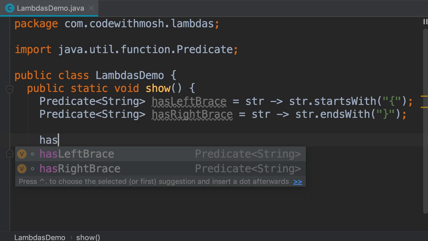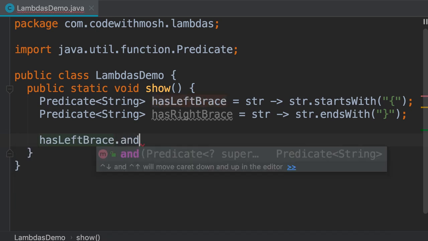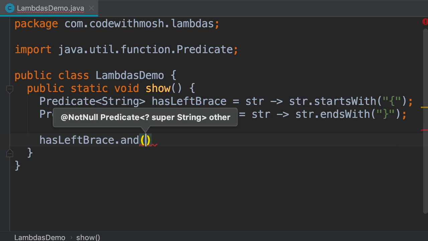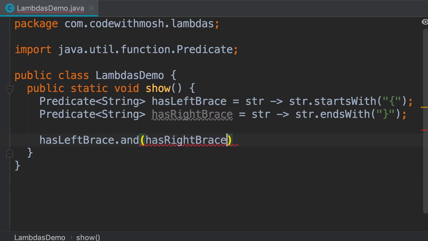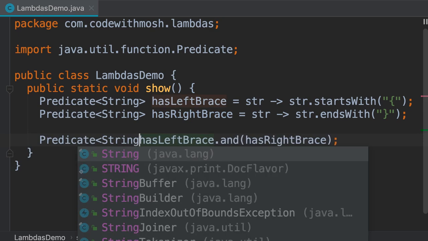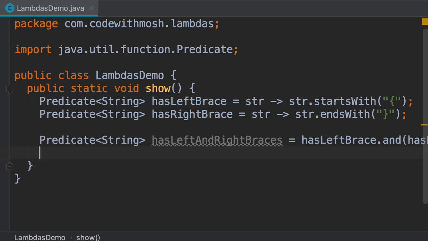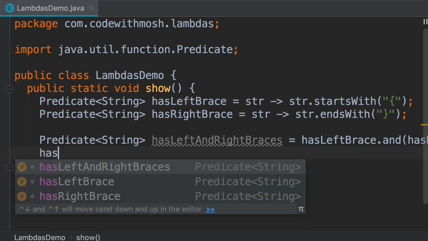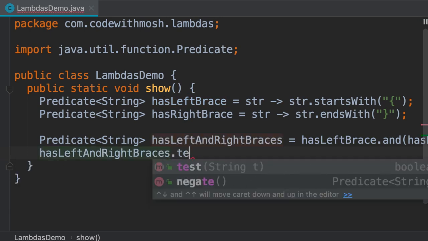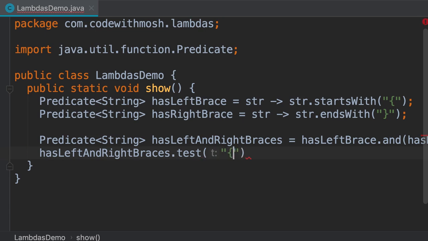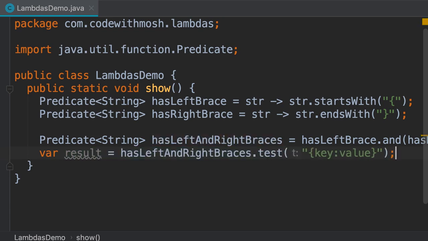So let's say hasLeftBrace.and, and here we should pass a second predicate. So we pass hasRightBrace. Now this returns a new predicate. We can store it over here and call it hasLeftAndRightBraces. And then, just like any other predicate, we can use that to test an object. So we call the test method and pass a string like this, key colon value. This returns the result. In this case, the result is true because this string has both the left and right